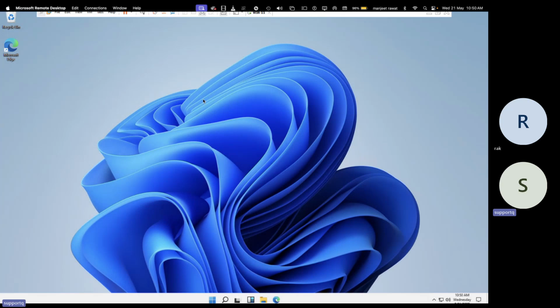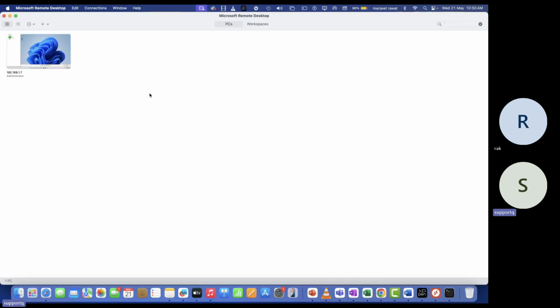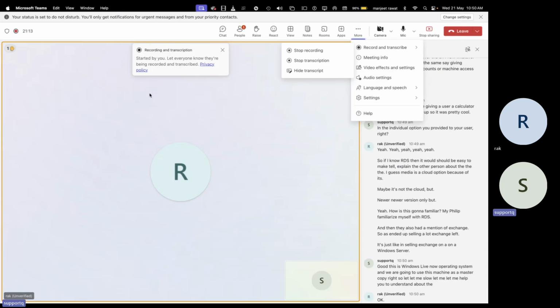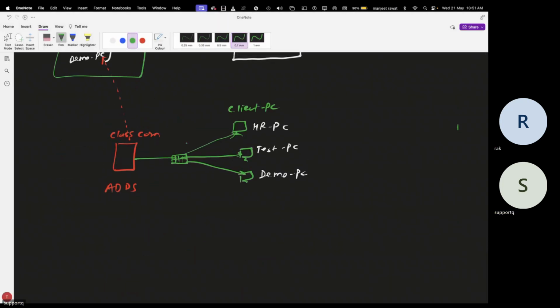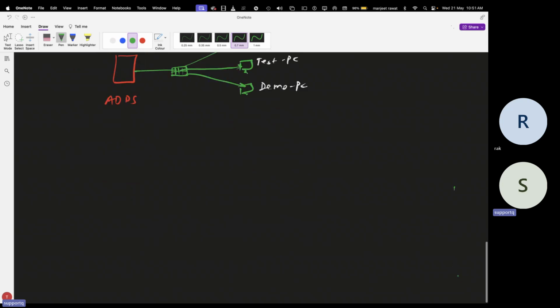This is a Windows 11 operating system, and we are going to use this machine as a master copy. Let me help you understand the actual meaning of performing bulk enrollment. Allow me one minute. For example, see,